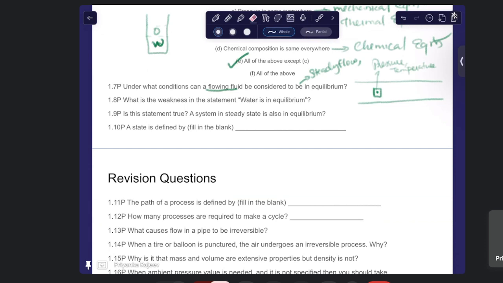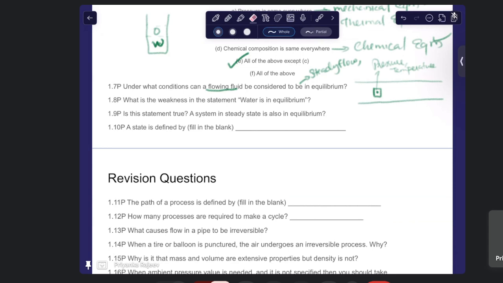So you should say that water is in a closed container at uniform temperature, that ensures thermal equilibrium. Then with uniform pressure, that means it has mechanical equilibrium, and there is no chemical reaction,